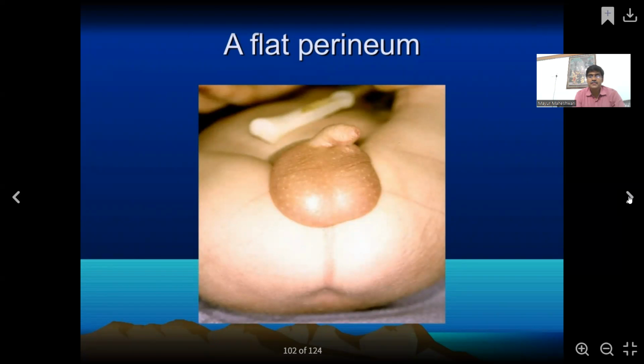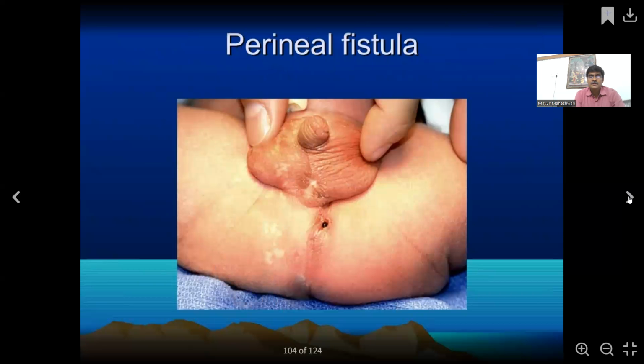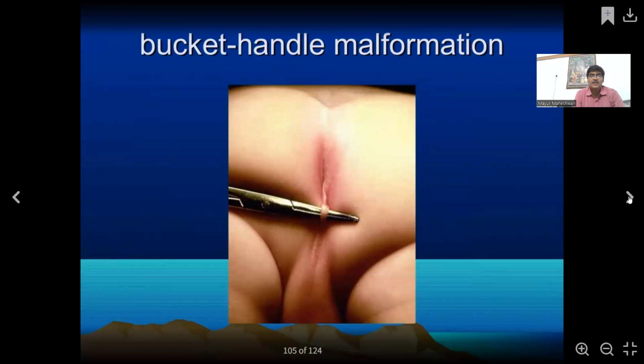You can see the flat perineum. There is no anal dimple seen. In a female child, you can see a flat perineum. There are no openings seen. This is a perineal fistula. You can see a fistula's opening where you can find a speck of meconium. In case of bucket handle malformation, you can see a handle in the form of a skin ledge covering the